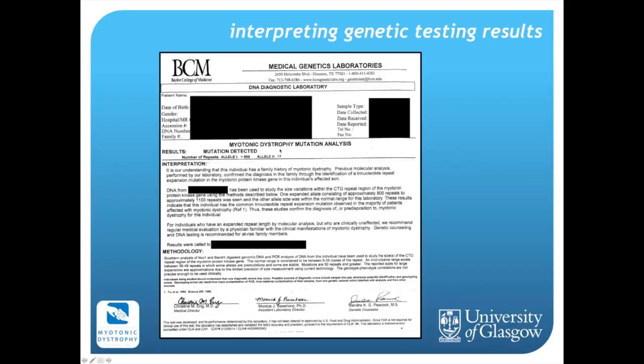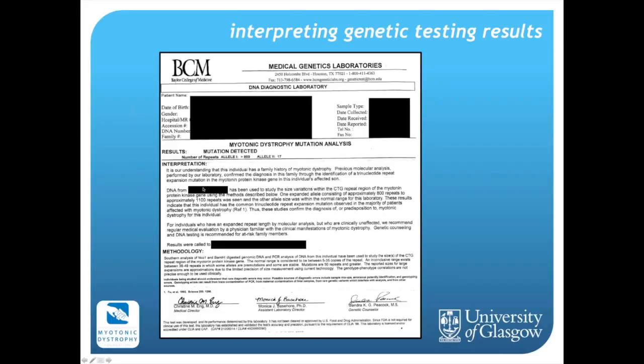So first of all, they tell you that they're testing for the myotonic dystrophy mutation, and that's usually done on the basis that an individual has a family history of the disease and/or a clinical diagnosis, and the molecular test is usually done to confirm that this really is a case of myotonic dystrophy. And they're looking for what's called here a trinucleotide repeat expansion. So a trinucleotide is essentially referring to the 3 bases, those CTGs, that are expanded in individuals with